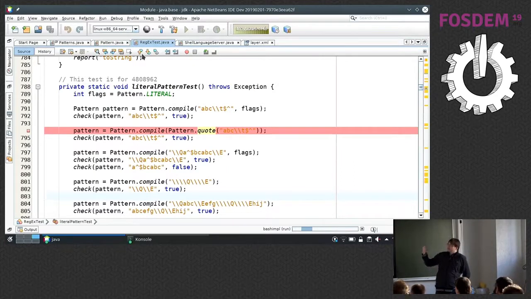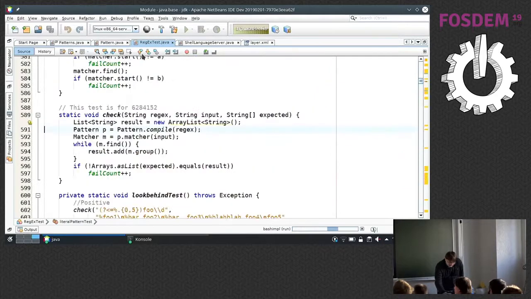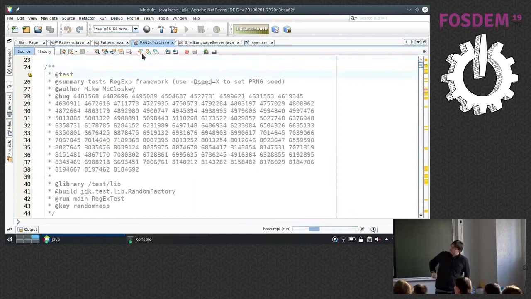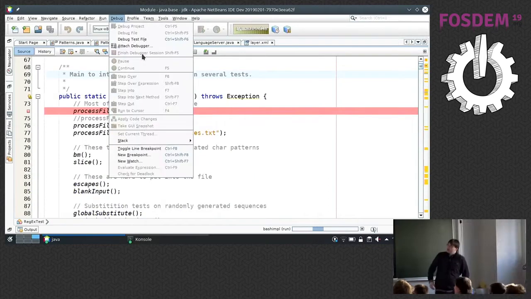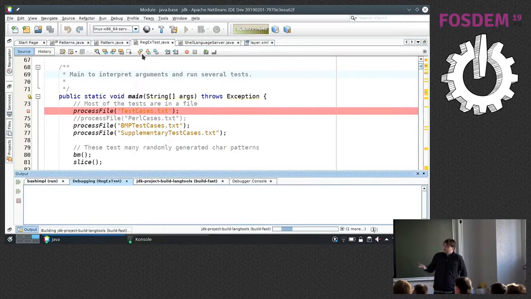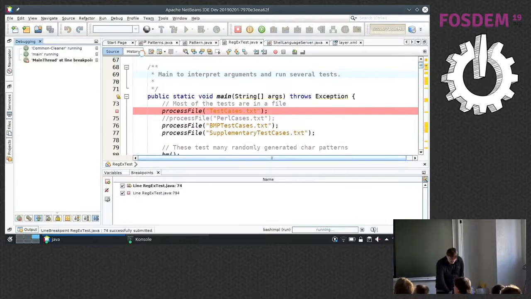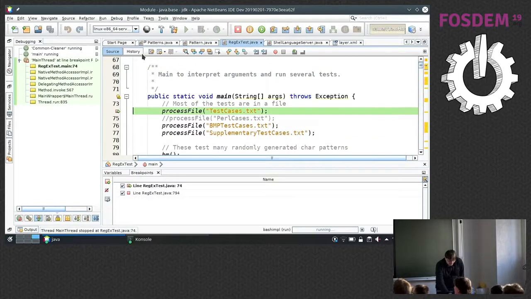But in NetBeans, this is a test that is testing the Java regex Pattern, and it has this header, which is a description of the test for JTReg. And what NetBeans can do now is that you just say debug test, and after a little while it will start the debugger, and you can debug as normal.